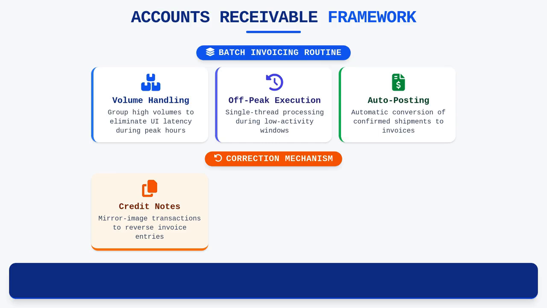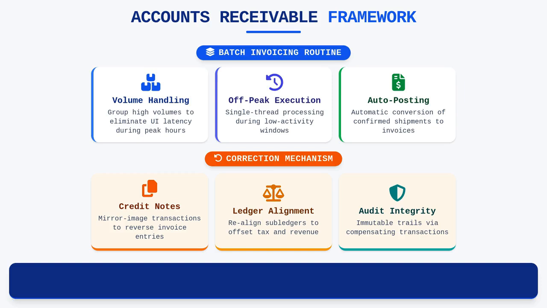By selecting the original invoice and initiating a correction, the system reverses the subledger entry and realigns the ledger distributions to offset the previous tax and revenue recognition. This ensures that your audit trail remains immutable and transparent, as you are rarely deleting historical logs, but rather introducing